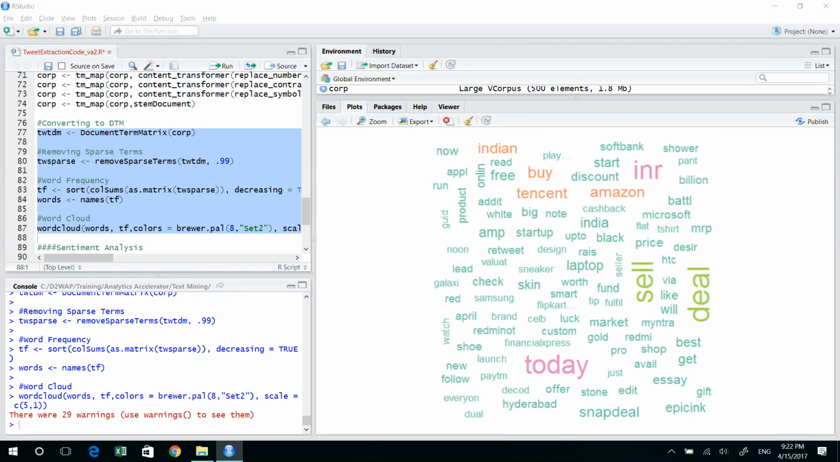Right now, guys, let's just understand this view a little. Over here you're getting a lot of words which are being talked about in relation to Flipkart. A word which is bigger in size means there is a lot of talk around that. A word which is smaller in size is being talked about a little less as compared to the bigger words. So as you can see, deal is the word being talked about the most over here,